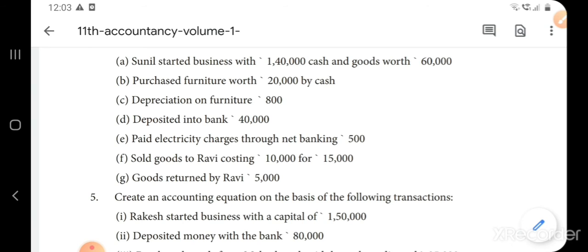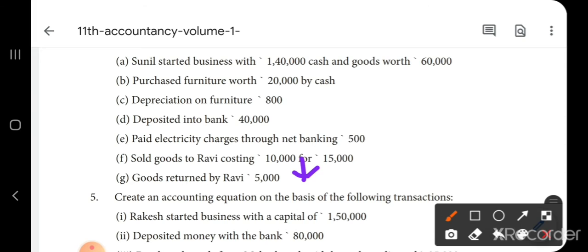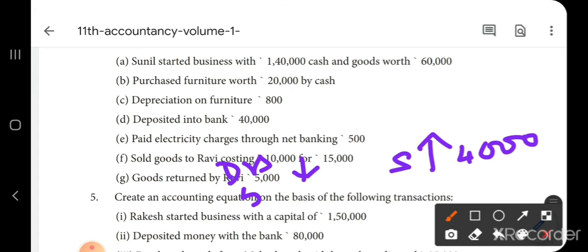Okay, so debtors is reduced. You have created a debtors for 15,000. Now the debtors is reduced by 5,000. Actual amount of goods, your stock is increased when the customer returns the goods back. The stock is increased worth rupees 4,000 and your debtors is reduced to the extent of 5,000. That means the difference of 1,000, it is a loss for you. That loss you have to reduce from the capital.